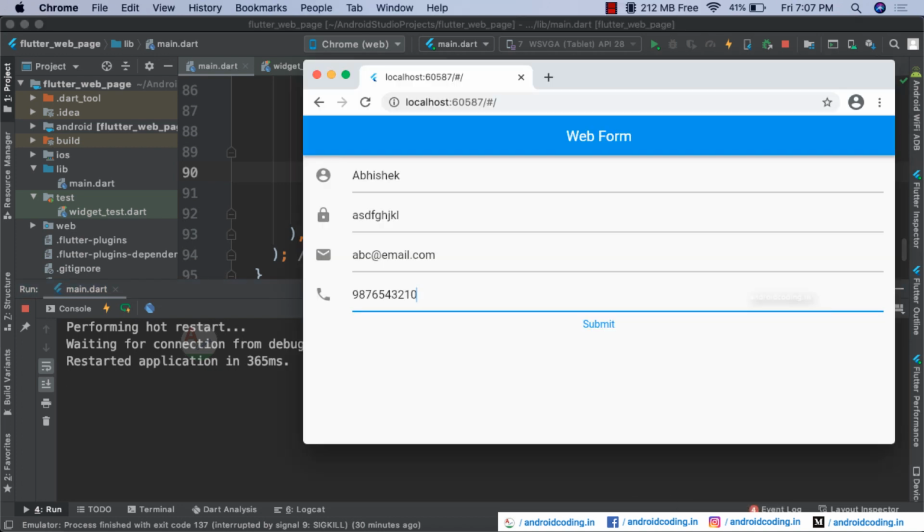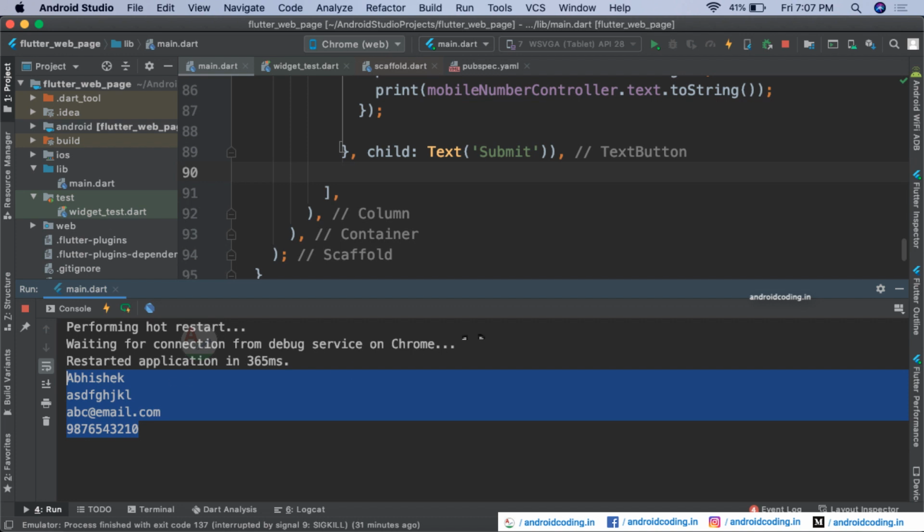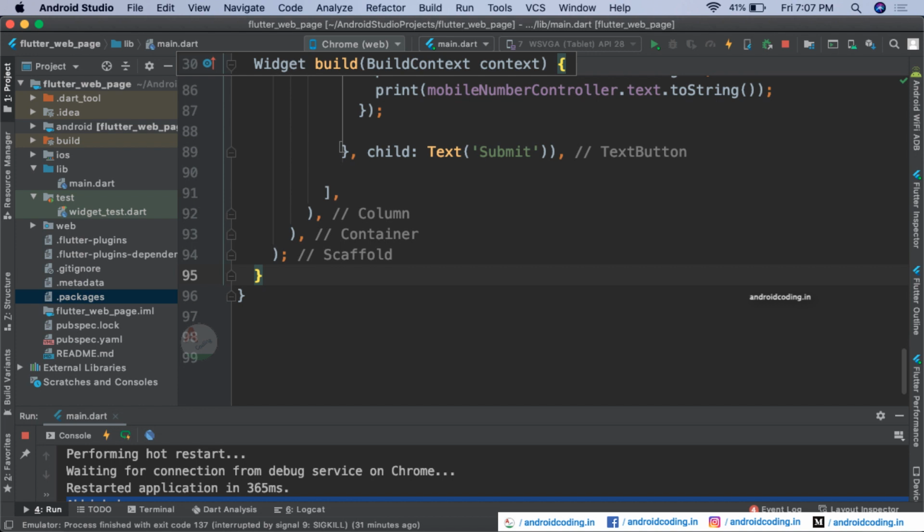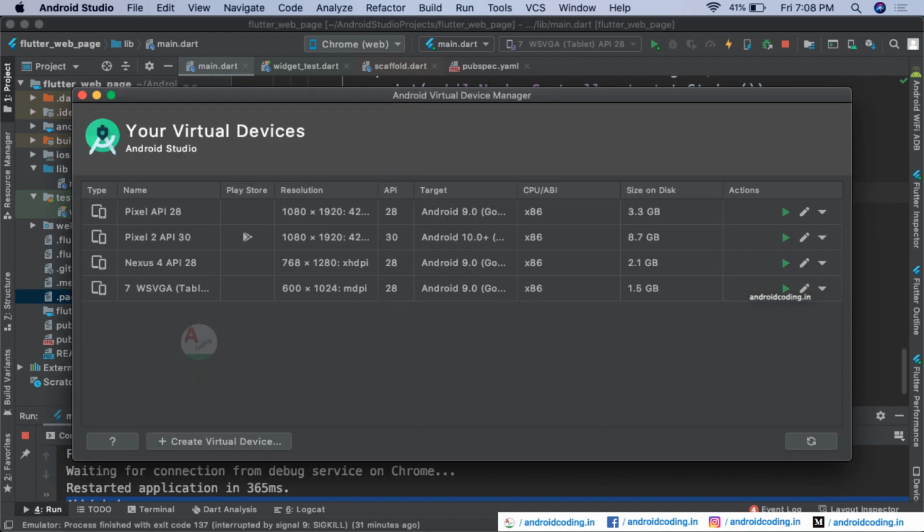We will be tapping on the submit button, and here you can see we got all the details which we have entered in our form. So this is how we can design a web form, and you can also run the same code in a mobile application. Now let us see how this code runs on an Android emulator.